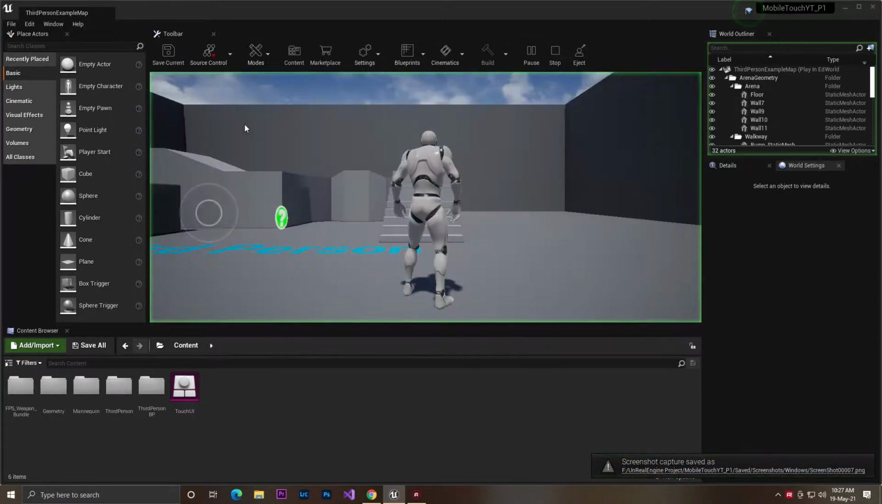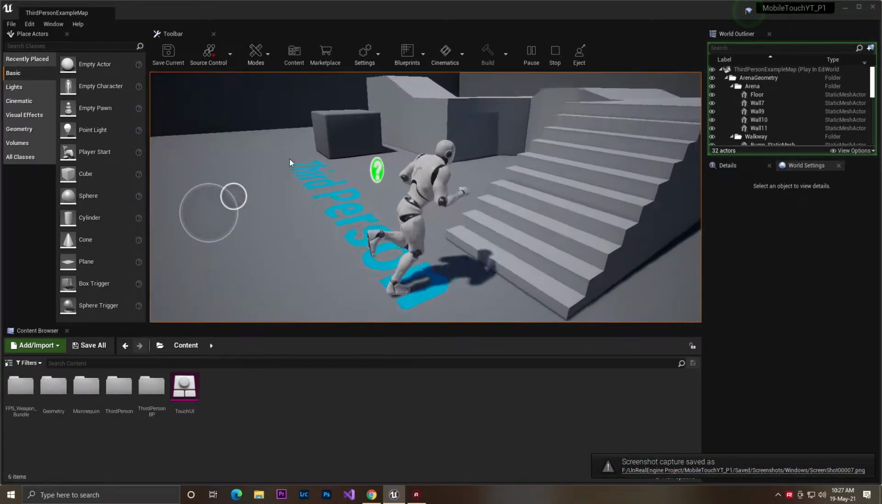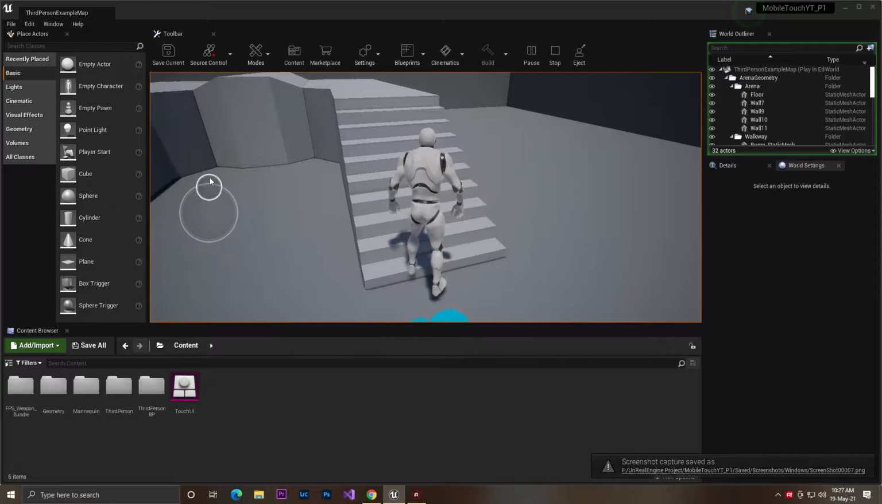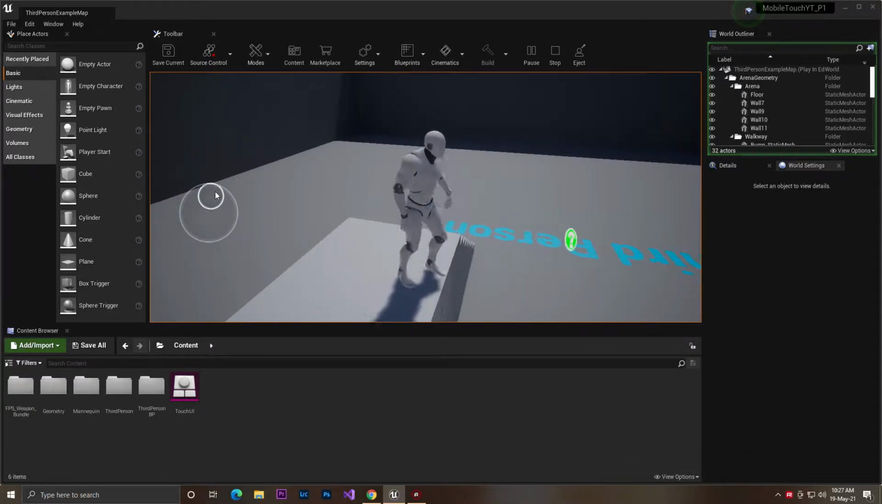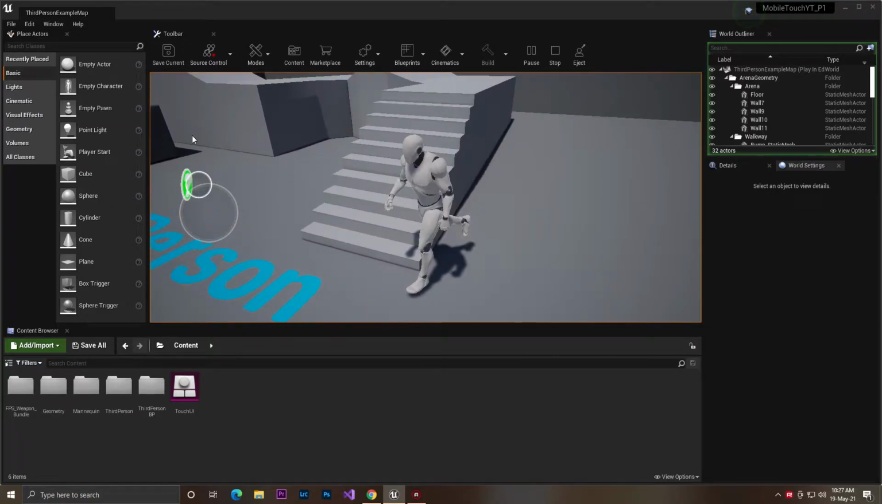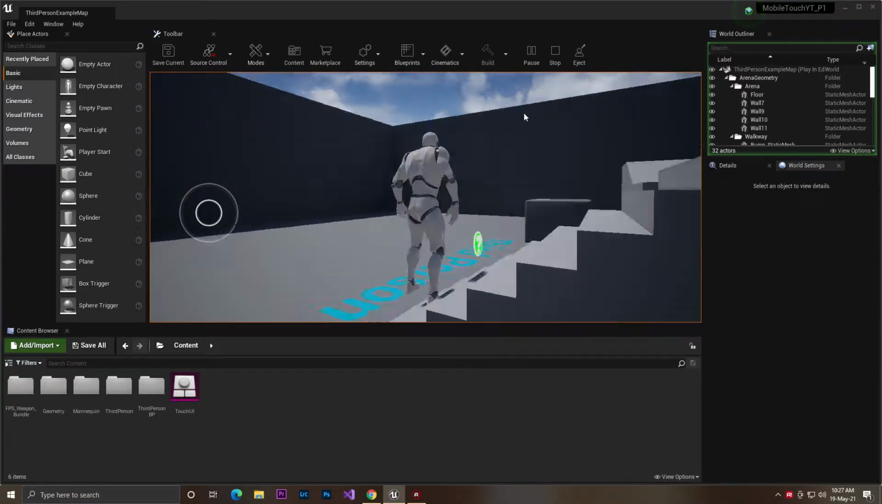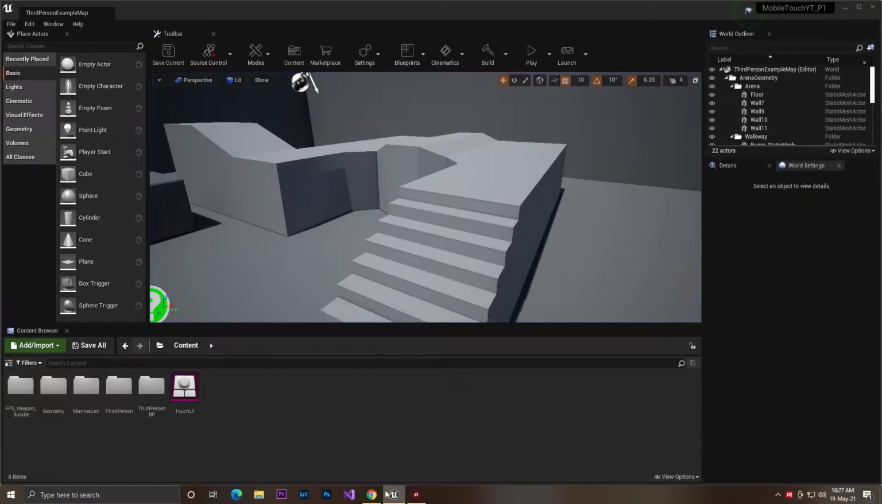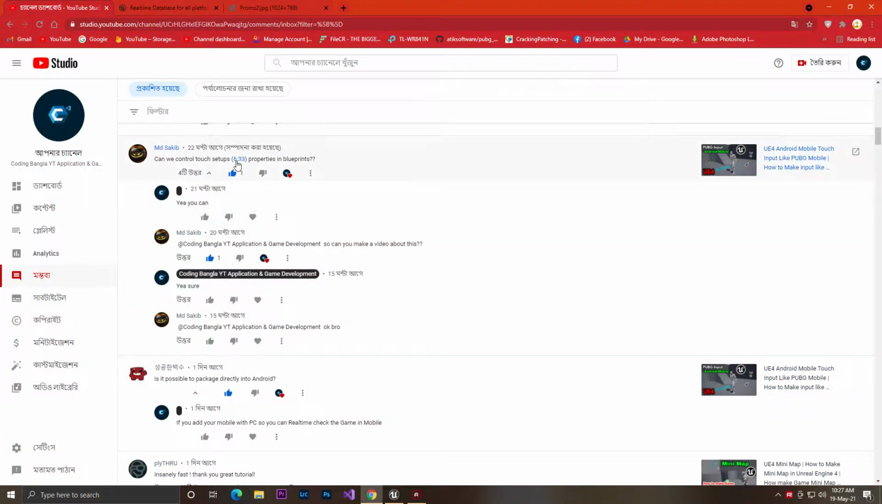So guys, in my last video I showed how you can simply make inputs like PUBG, a touch input for mobile. You can control the player's forward movement, and you can control the camera by touch. And a viewer asked me, bro, at 6:33 in the timeline, can we use the property